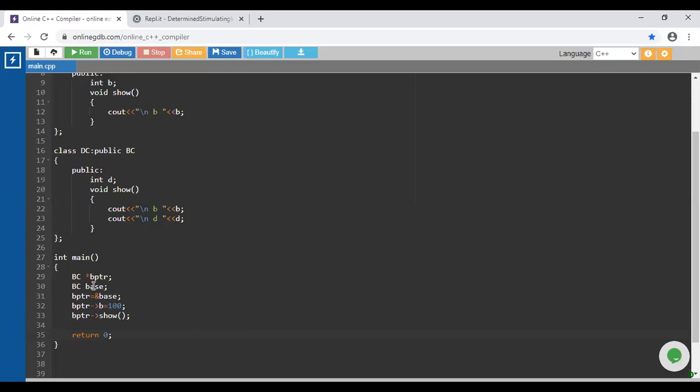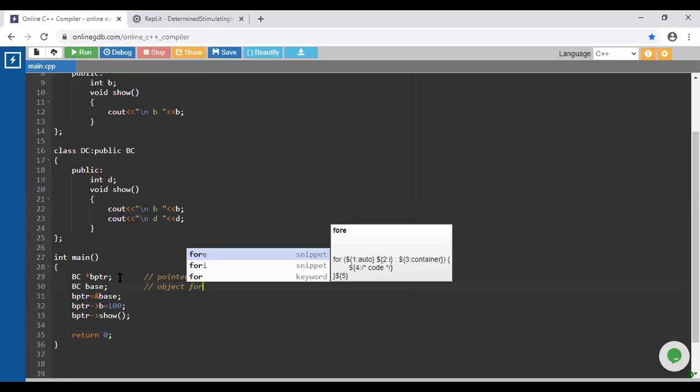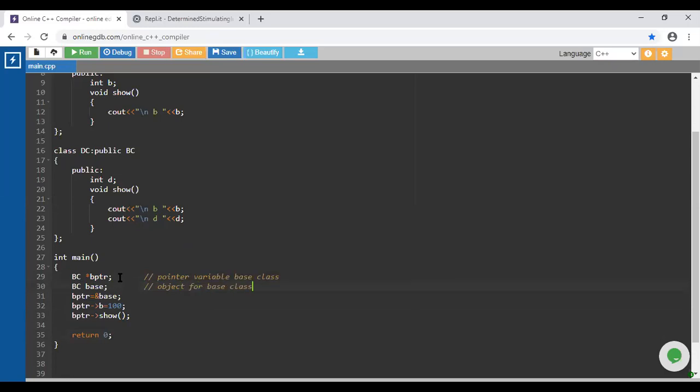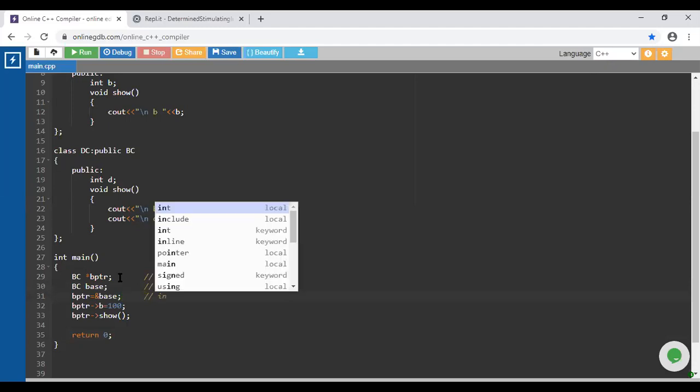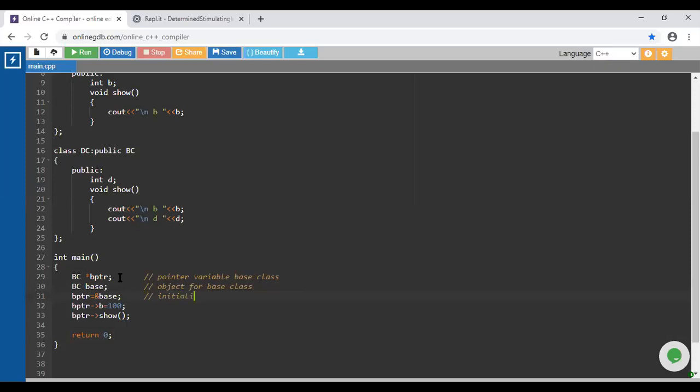Everyone clear what we have done inside the main function, guys? First of all, we created the pointer variable for the base class. Yes, everyone clear? Next, we created an object for the base class. This is normal object creation. Next, we initialized the pointer variable.